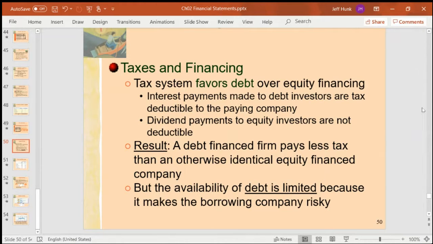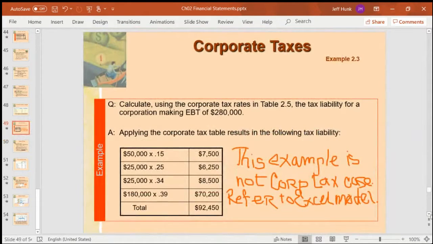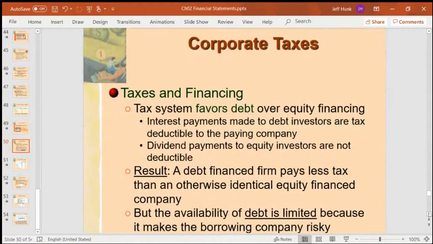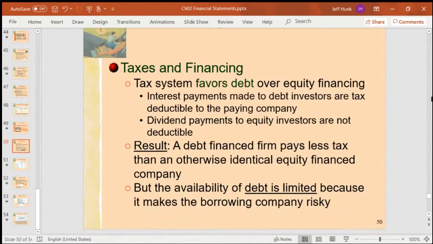Is there any benefit in tax, and this is also discussed in leverage and capital structure, if we use different types of funding source? In other words, if we use debt financing, remember from